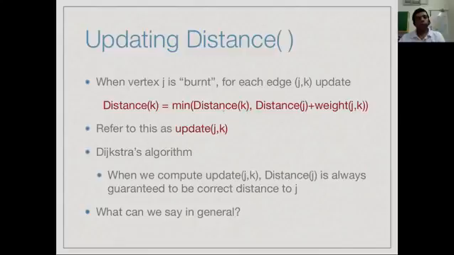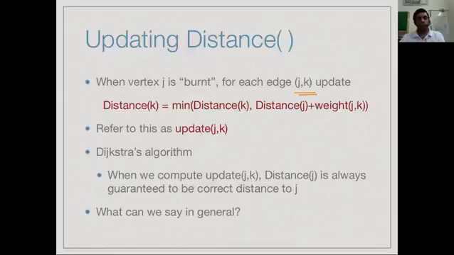So to get to the Bellman-Ford algorithm, we have to analyze a little bit more about what is happening in Dijkstra's algorithm. So in Dijkstra's algorithm, whenever we burn a vertex, whenever we visit it, we update all its neighbors. So when we burn a vertex j, we update for every edge jk the distance to k to be what distance we already know for k, together with the distance to j and the edge from j to k. So we have a newly discovered distance through j perhaps, and we compare it to the distance we already know and we keep the smaller of the two.